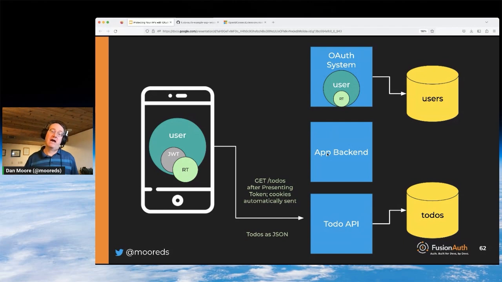And then therefore, after it does that, hand back the to-dos as JSON. So the nice thing about a cookie option is it's really transparent. It's very easy for a developer because as long as you set the cookie correctly at the application backend and all your APIs live on a common domain, it runs